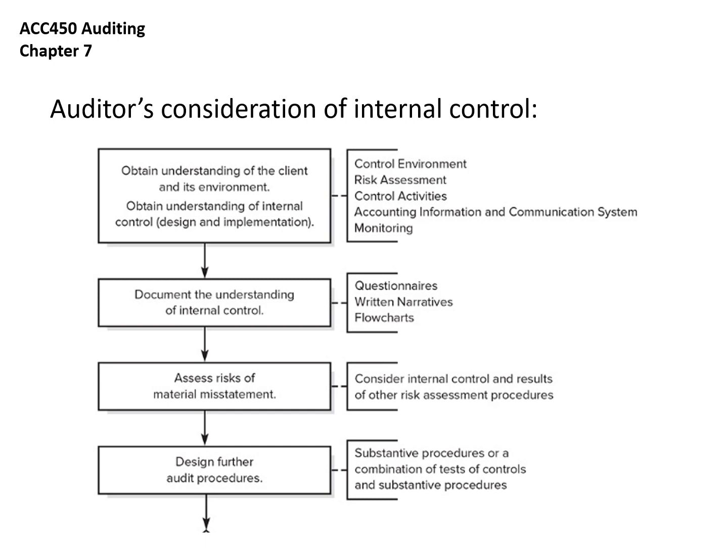So an auditor's consideration of internal control is going to be part of getting an understanding of the environment so that we would know what kind of risk we're dealing with. So that's getting an idea of the client and its environment overall. Then we'd get a specific understanding of internal control, which would inform assessing the risk of material misstatement. That's going to influence the further audit procedures.